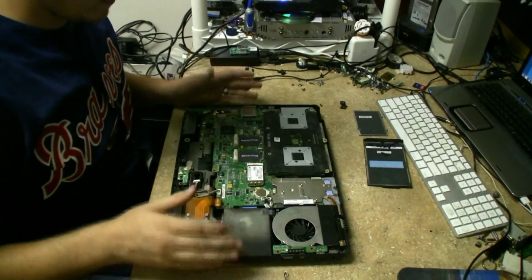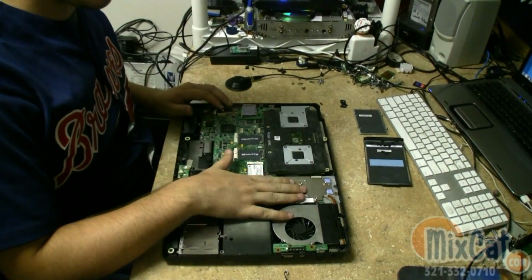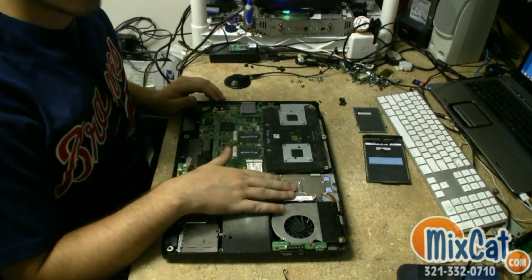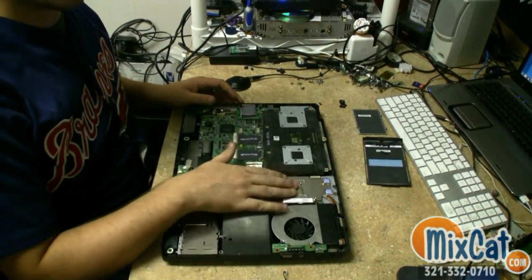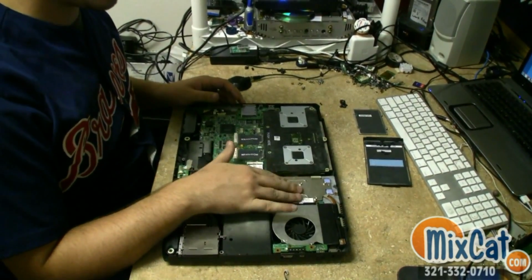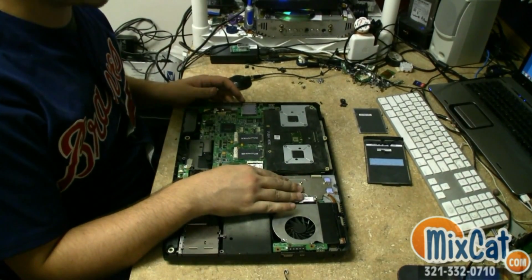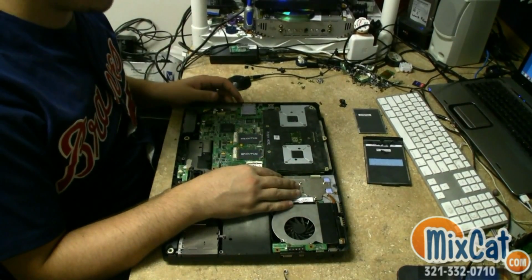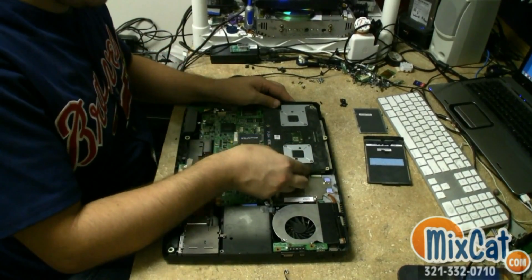Alright, now you can see here we have the motherboard. This is the heatsink and the mounting spot for the CPU, which is actually on the reverse side. It is not user accessible. Since we're technicians though, we can actually end up pulling this whole board out if we wanted to upgrade those CPUs. If my memory serves me correctly, these support a 1066 frontside bus, so if you wanted to, you could throw a 2.56 gigahertz or 2.53 gigahertz quad core chip in here. It'd be pretty fast with that, and 8 gigs of RAM, of course. Now here,